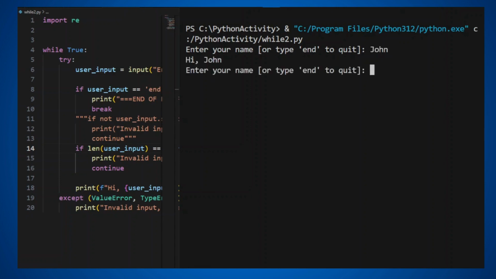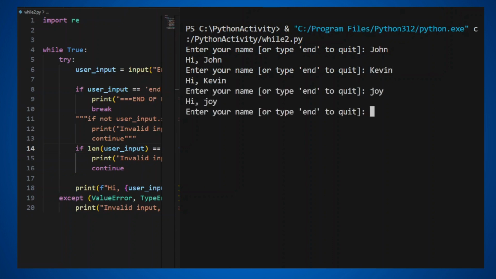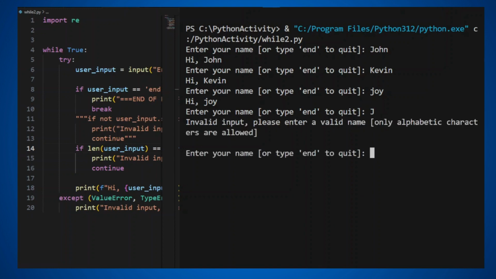John, given, Joy. Of course, a name can have three letters, but is there a name with a single letter? Let's say just simply J, assuming that there is no name that is equivalent to a single letter. Let's find out. Okay, so it works now